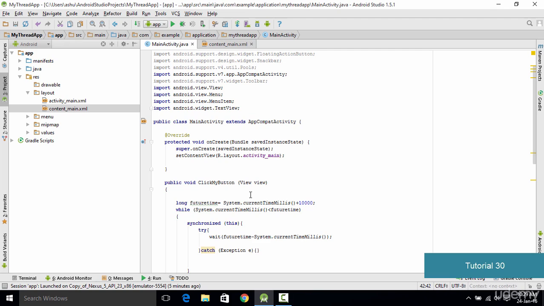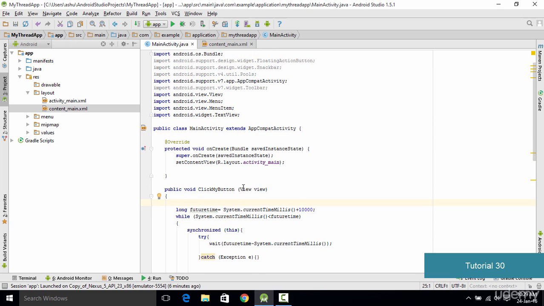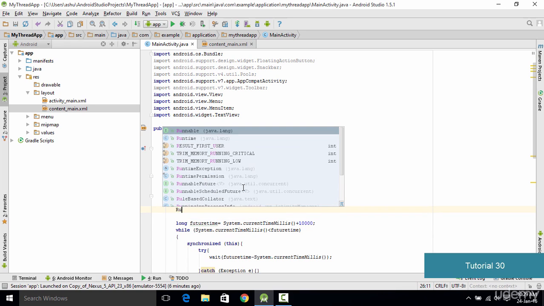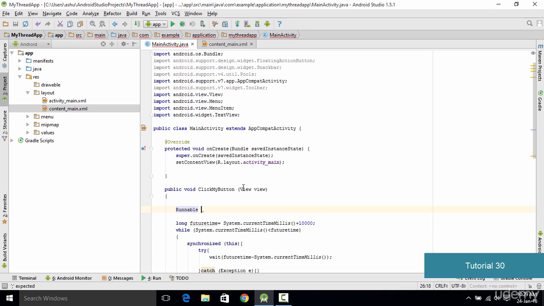Now let's go ahead and learn how to create a new thread. You need to go into your MainActivity.java class, and the first thing you'll need to do is create a runnable interface, which is going to contain the code which we want to execute inside the other thread. So we go right here inside the click my button and we create a runnable interface. We type Runnable and let's name this R. So we type Runnable r equals new